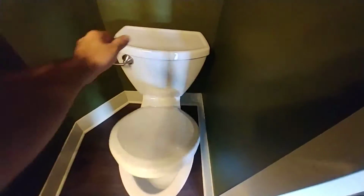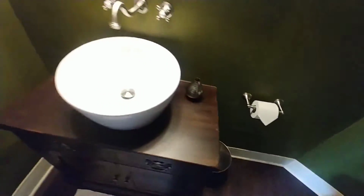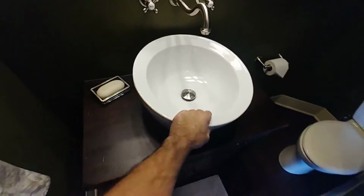we traded out the mixing valve that was in the wall, and had to repair that hole there, which came out nice. Brand new toilet, super clean, super soft close. Katie's got a beautiful little tip on our toilet paper. And we got our sink